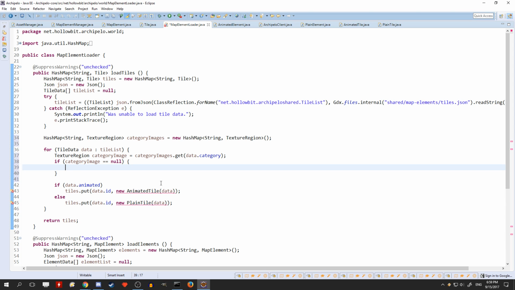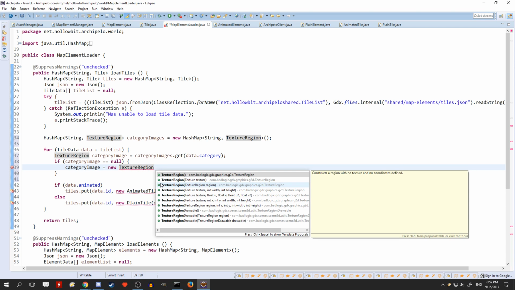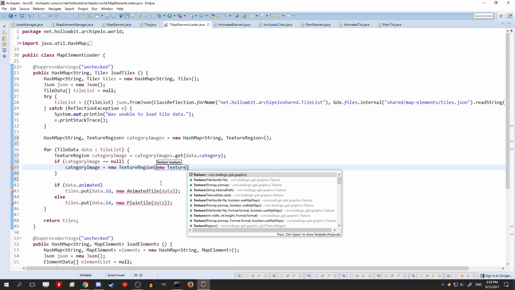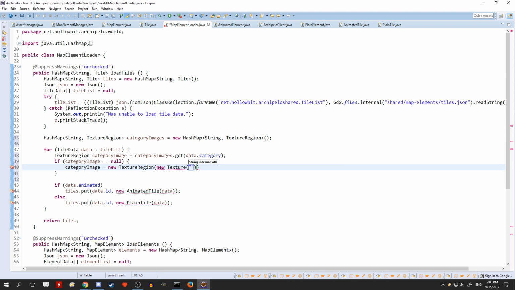So essentially, to load it, we're going to do category image is equal to new texture region. I'm going to pass in a texture for the texture region, and it's going to use the path. So that is map elements